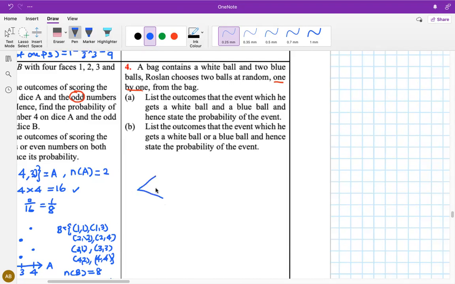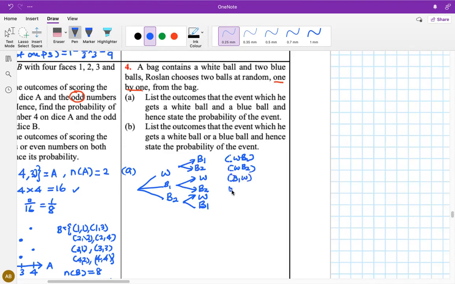We use a tree diagram. Because there are only 2 events, we have a white ball and 2 blue balls, so that means you have B1, B2. If you take 2 balls, after you take one W ball, you only have blue 1 and blue 2. If you take out B1, then you have white and blue 2. If you take out blue 2, then you have white and blue 1. So the outcome will be W, B1, W, B2,